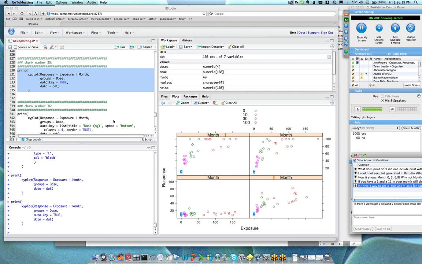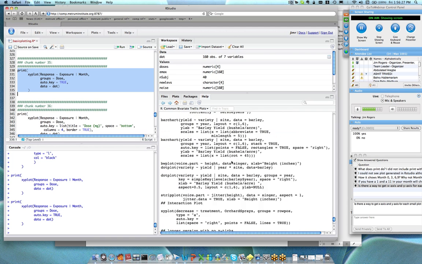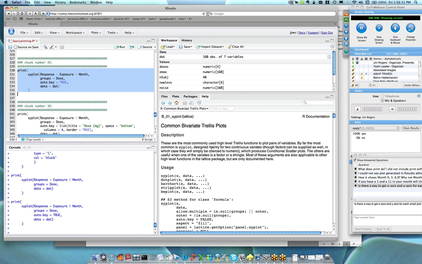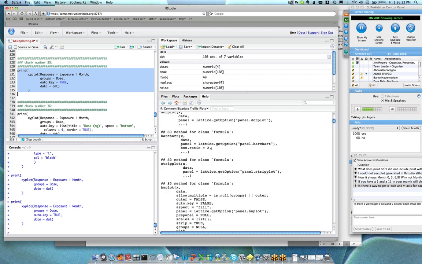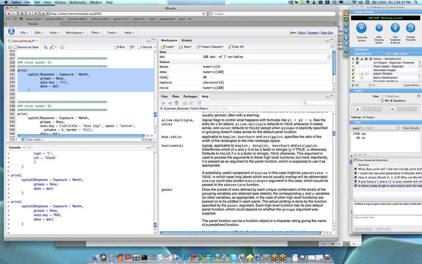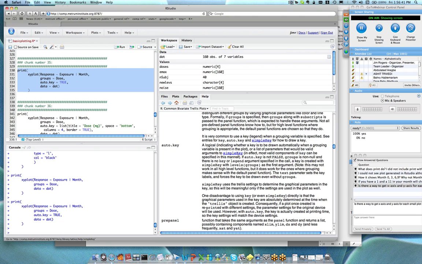Let's go back actually and look at the help on AutoKey. So within this, again, we're on the help page for XYplot, right? If we scroll down here and we look for AutoKey,